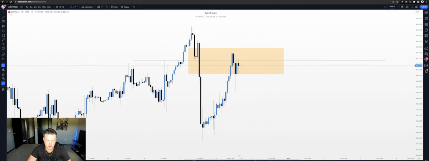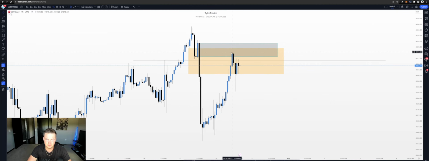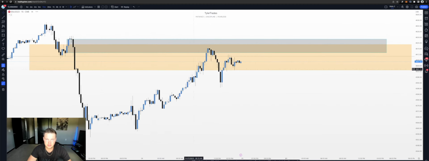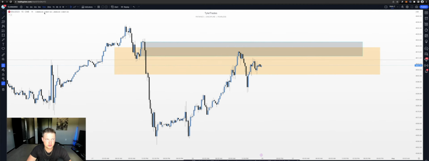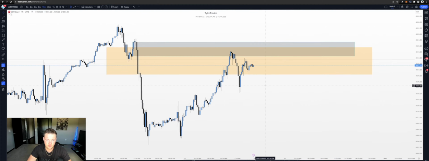But just a couple things that we can point out here as we've continued to scale down in time frame. Now we're on the 1 hour. This is a 1 hour order block that we just respected, just bounced off of inside of this 4 hour inefficiency. So continuing to scale down here, dropping down now to the 15-minute time frame, we see that